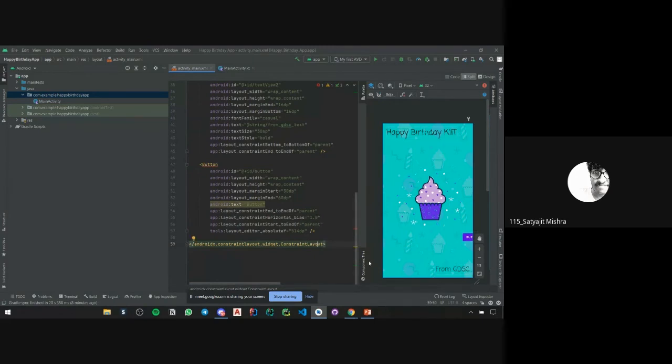End to end of parent. Change the start to end. That same line, end to end of parent. Okay, don't press enter. Sorry, Control Z. Yeah, just keep it. Just type start, that's it.